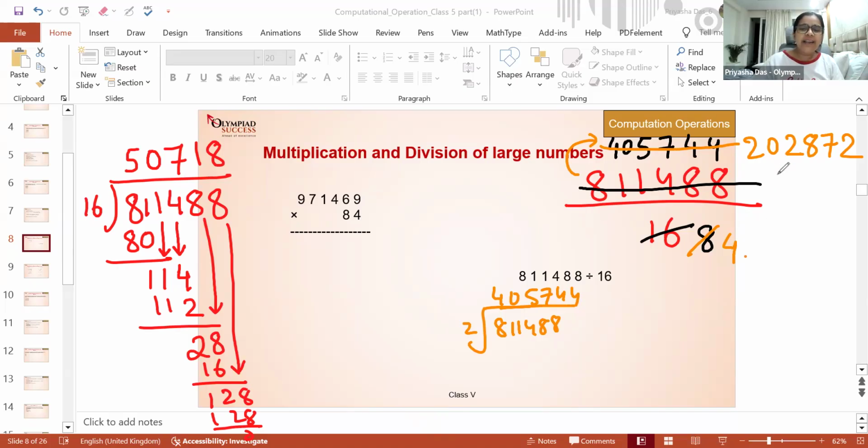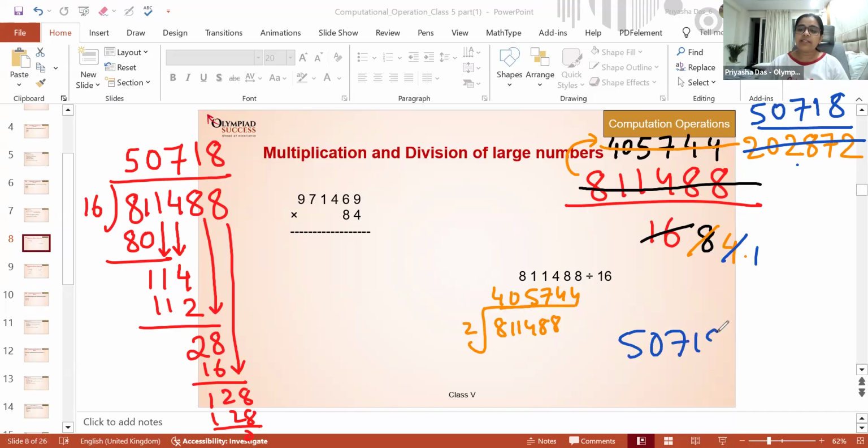Like if I want, I can directly slash it by 4. Let's see. 4 ones are 4. 4 fives are 20. So 4 into 50 into 4 is 200. 2 is the remainder. 2 and 8 makes 28. So I know the closest multiple here would be 7 times 4, 28. Then 4 times 1, that is 4. 7 minus 4 is 3. 32 is left out. So 32 is 8 times 4. So therefore the answer is 50718. The same which we got from here also.